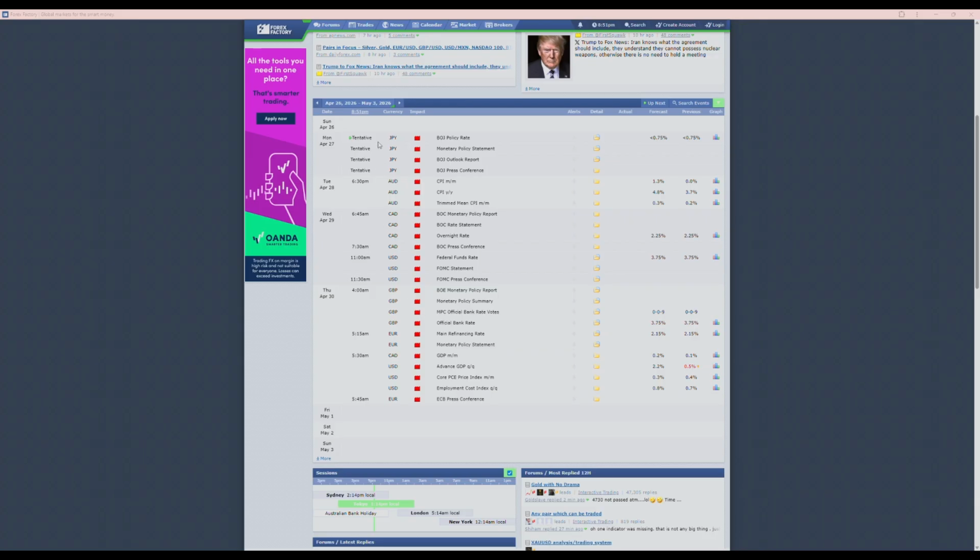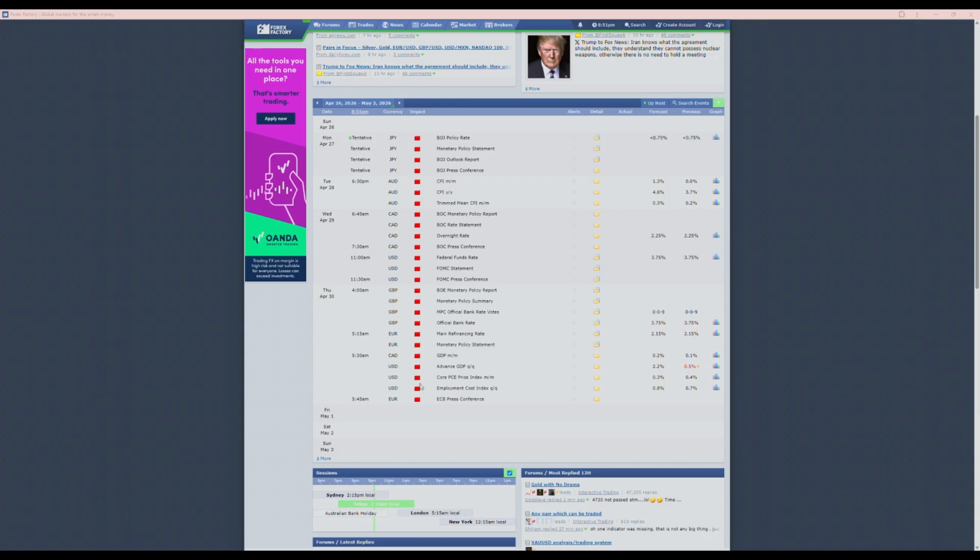We have a lot of foreign country news. To start off the week, we have JPY, Japanese yen, interest rates. We also have Australia CPI numbers for the month and the year. We have Canadian dollar interest rates. We have our interest rates at FOMC. We also have Great British Pound interest rates, Euro interest rates, Canada's GDP on Thursday, and our